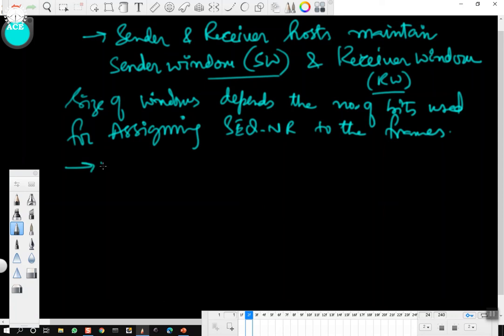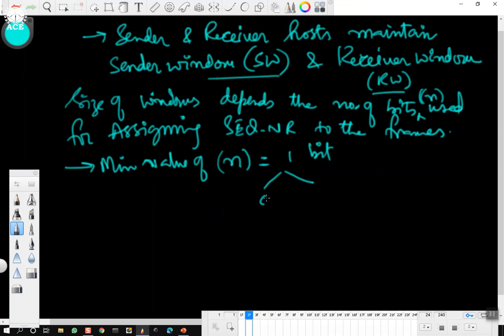Suppose this number of bits is indicated by n. The minimum value of n is 1 bit. So with 1 bit I can have two sequence numbers, 0 and 1. Therefore the window size can also be 0 and 1.